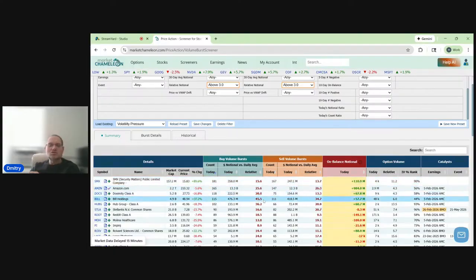So what this could indicate is either there's current volatility in that stock, or there's grounds to think that there's going to be further volatility, because now you have large volume bursts on both sides,